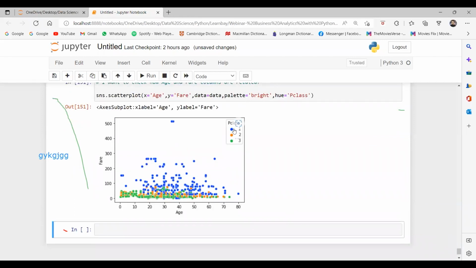So can you see this is P class 1, P class 2, P class 3, yes or no? Okay, Mohammed, I will tell you how we can explain the box plot. Don't worry. So let's understand this one. Who is paying 500 euros? He is from first class, yes or no? And most of the people who are paying between 100 to 300, they are from